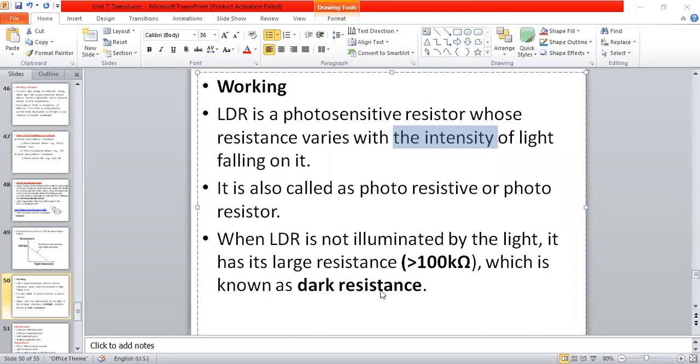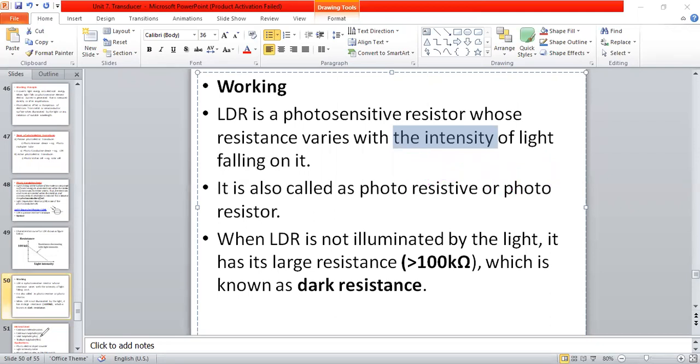In the dark area without any light, the resistance of that material in the initial condition we are going to keep high only. Because in the initial condition the resistance should be high. Whenever the light intensity falls, it should decrease. If I keep a small value like 10 ohm, when the light intensity is high, immediately it will become 0. What is the use of that? So you have to keep it at more than 100 kilo ohm. We can keep that value of resistance here now.